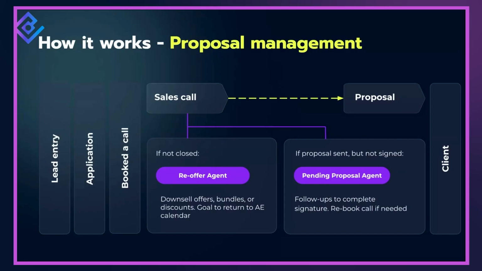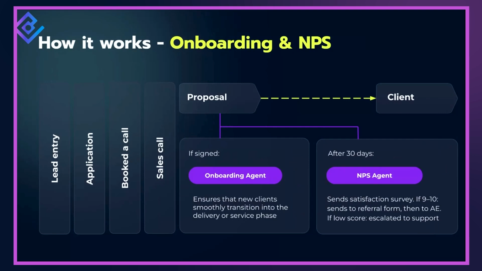If they're moved to the next stage where their proposal is sent and followed up, but the proposal hasn't been signed, or a client engagement letter is sent and you're waiting for them to sign, or you send them resources but you haven't booked their follow-up call, then we have a follow-up agent for deal pending kicking in to follow up with those leads to get them back onto their calendar, right? And then if they do complete the proposal, pay and sign, but they haven't booked the onboarding call and haven't been activated as a client, then we have an onboarding agent reach out to them to book them to the calendar.